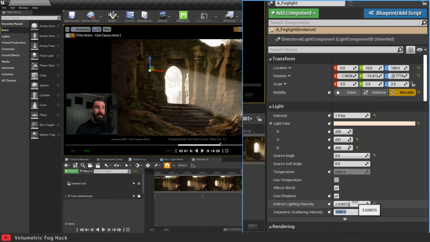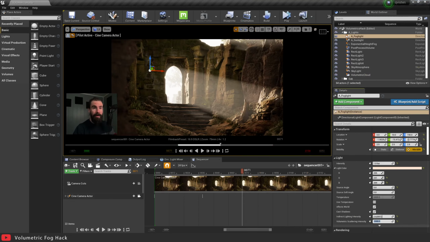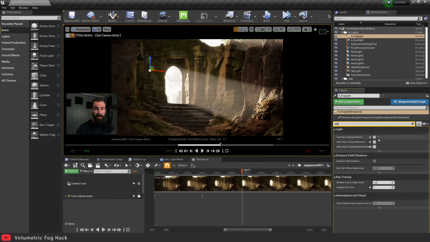And just like that, we've got our fog coming in. It's not contributing any light to our scene, right? But we still get the ray traced shadows. So our main sunlight up here is the one that's doing all the lighting. It's not casting any volumetrics. It's got ray traced shadows. And our fog light here doesn't have ray traced shadows, as we can see right here, but it contributes all